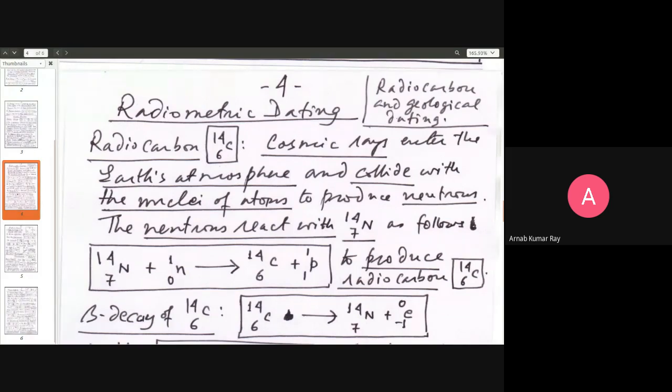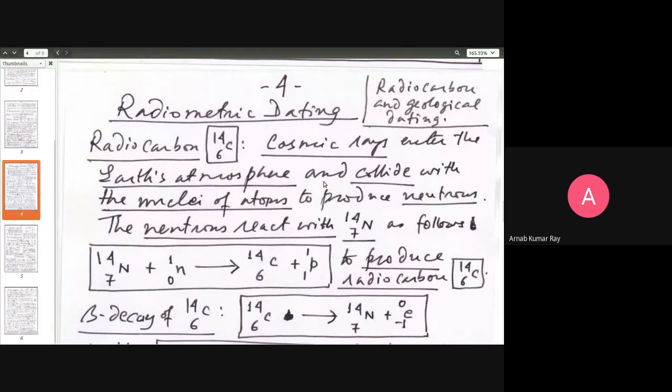I shall begin now. I shall briefly return to the last topic that we were discussing when we ended our last class. That was on using radioactivity to measure time, radiometric dating. There was some confusion, I thought, about this point at the top, radiocarbon. How is radiocarbon produced? So I checked, and everything has been written correctly. So let me just briefly touch upon one or two points from that.